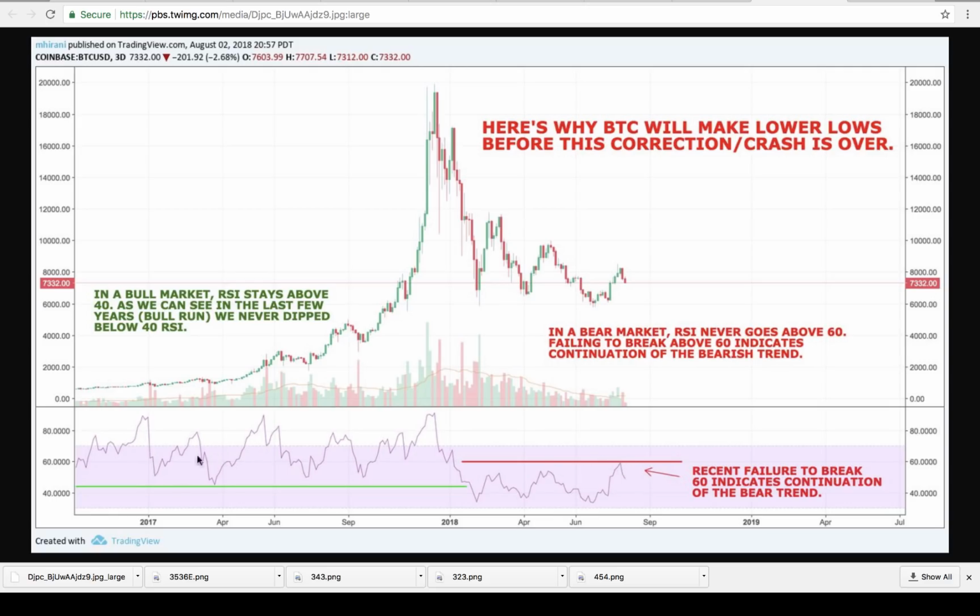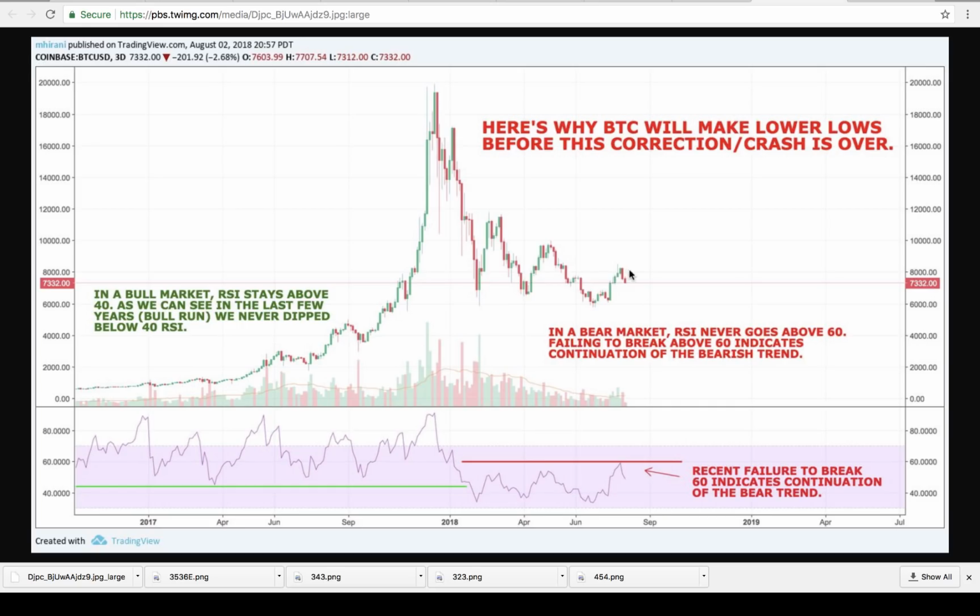So during bull markets, 40 RSI acts as support. During bear markets, 60 RSI acts as resistance, and we tend to oscillate between 60 and 0, just as we oscillate here between 40 and 100. So in this particular bear market, as you can see, failing to break 60 indicates that we are not yet ready to break out of this bear cycle,